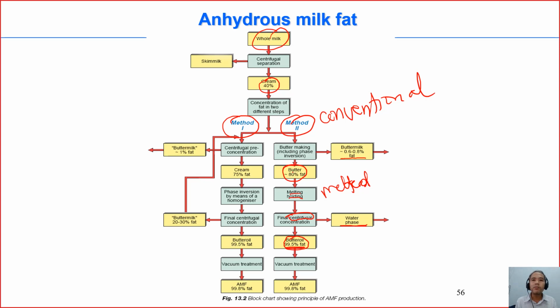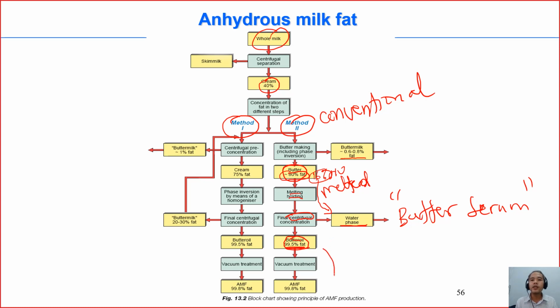So if you remember, butter contains around 80% fat, and now butter oil contains almost 100% fat. So the 16% or almost 20% of water here will become the byproduct, right? We remove the water phase, and this byproduct is called butter serum. This byproduct is also very rich in polar lipids, the lipids from milk fat globule membranes.